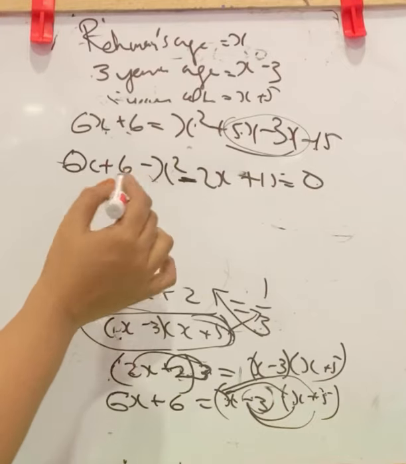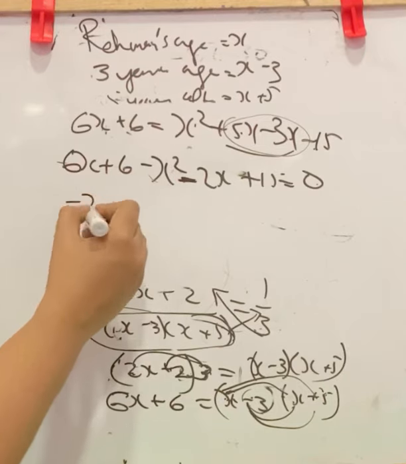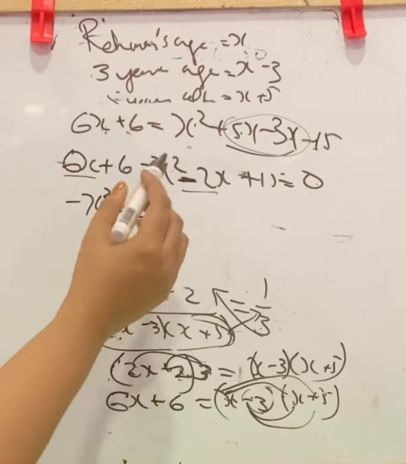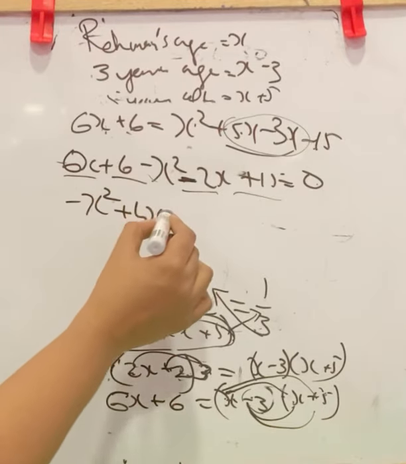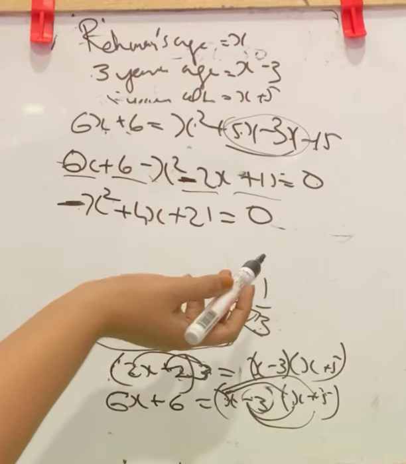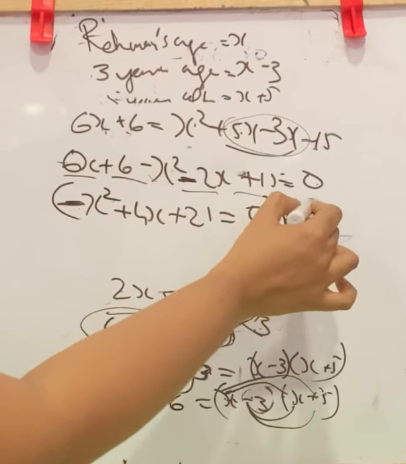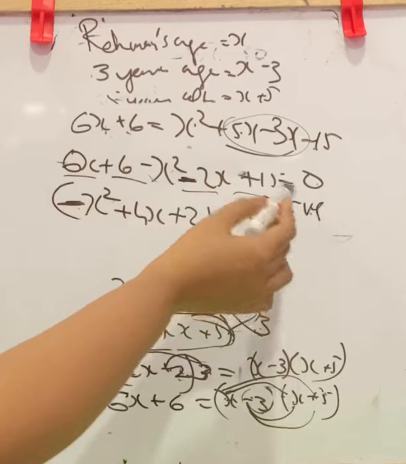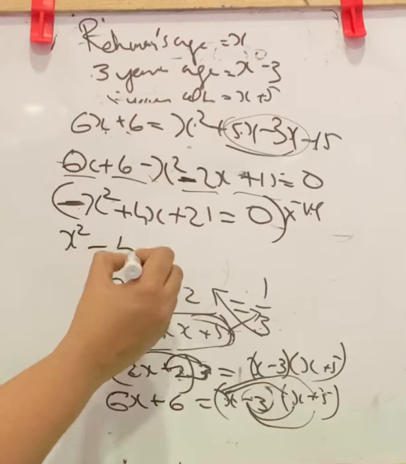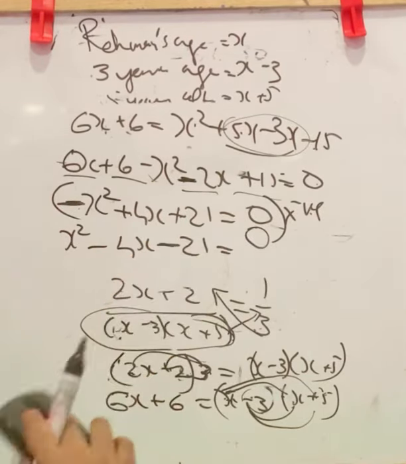Now we will rearrange this in the general form of a quadratic equation. Minus x square, 6x minus 2x is plus 4x, plus 6 plus 15 is plus 21, equal to 0. Here we have a negative; we can cancel that negative. For that we will multiply the whole equation by a negative, then it will get cancelled. Each term we multiply with negative. So this becomes positive x square, this becomes minus 4x, this minus 21. 0 into negative is 0. So this is the quadratic equation.